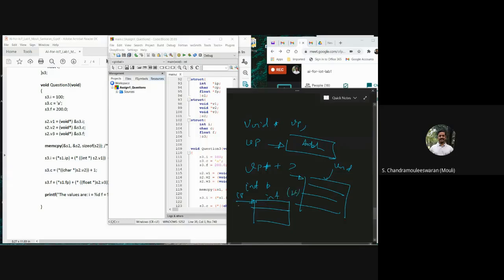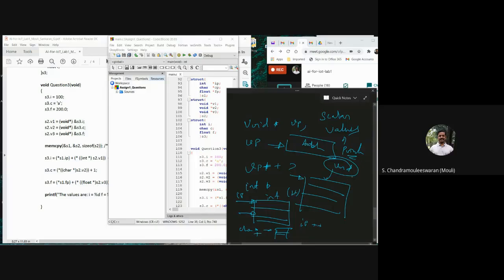Then when I say IP plus plus, it is incremented by 4. If the integer is 4 bytes, it will be incremented by 4 to make it point to the next location in the integer array. Now, what happens to a character pointer? You know that it will be incremented by 1 because the next character will be accessed. This value, whatever we are incrementing it with, is the scalar value of pointers. Now, what is specific about void? When I increment void star, what happens?